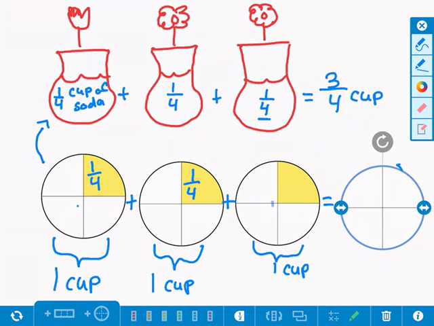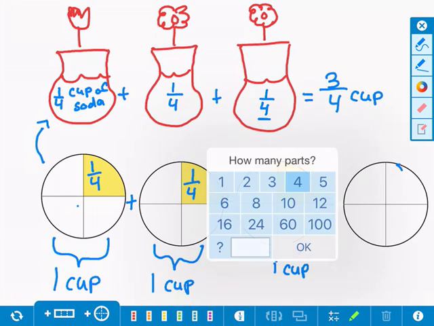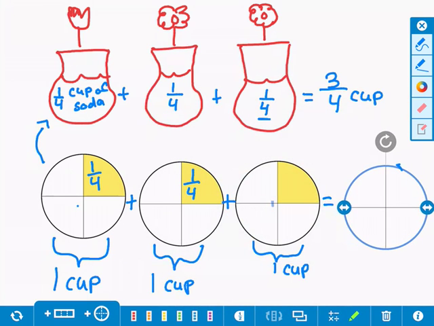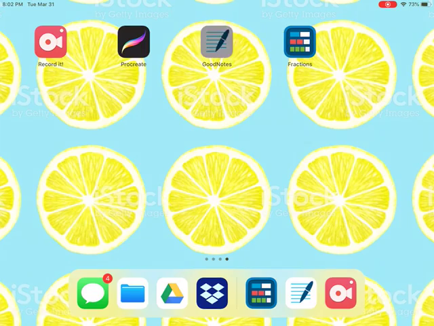And if I did it using fraction circles, I would have 1, 2, 3. And I would have 3/4 because this is a 1/4, this is a 1/4, and this is a 1/4. So this is an example of showing you how to do a picture and use fraction circles. So let's go back to our problem